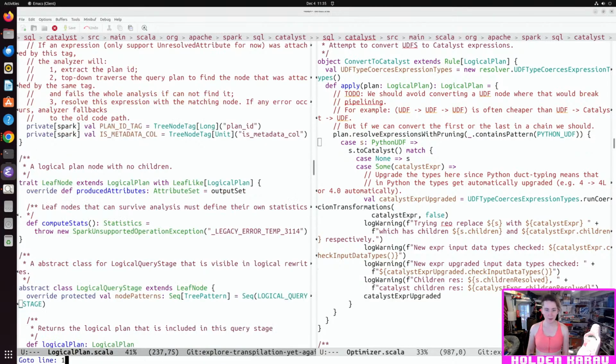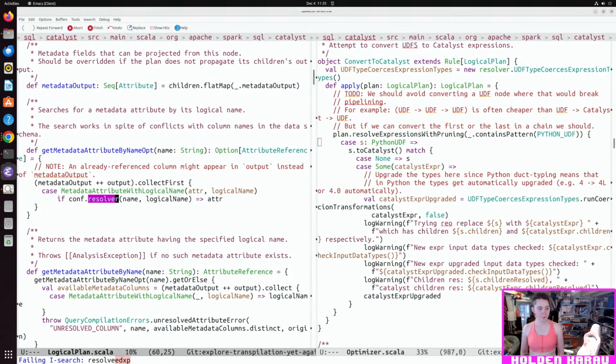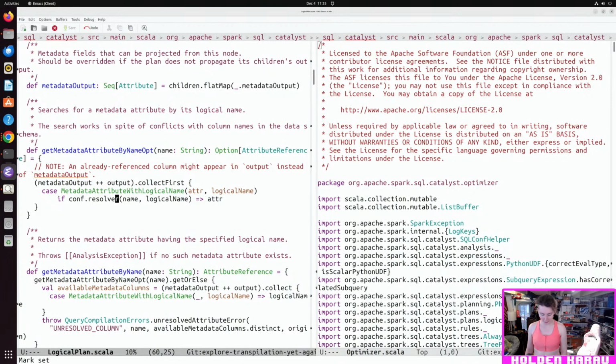Wait, is that resolve? Maybe it's not. No, it is a logical plan. Okay, so that means it's coming in from somewhere else, right?